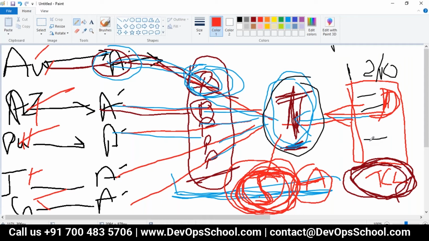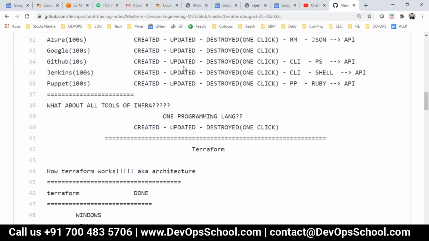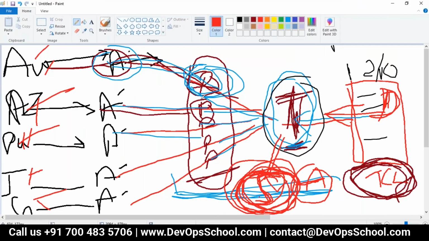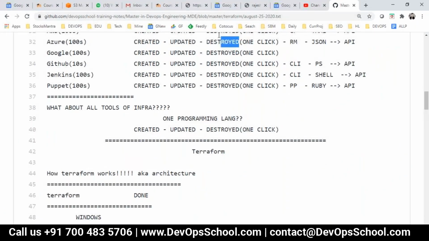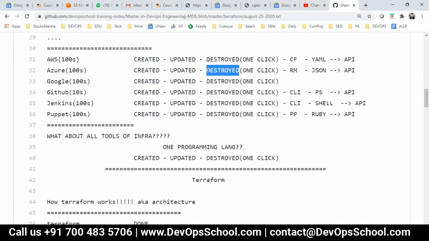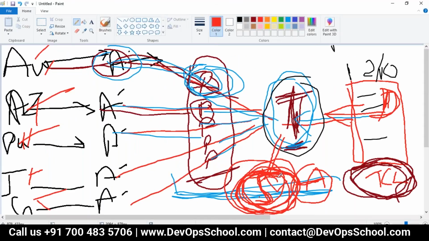I think I taught you this in Ansible also. Ansible also has that feature. So Terraform manages the state file, and based on the state file, it decides which resources need to be updated and which need to be destroyed. Because in AWS, think about it, you have hundreds of engineers. Each engineer has created so many resources in the cloud. Their resources should not be deleted. Only the resources which you created should be deleted. So where is this being stored?